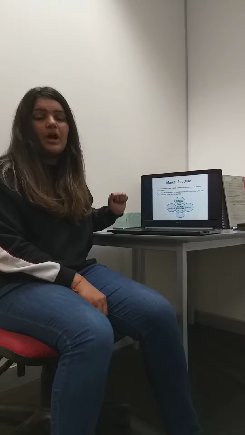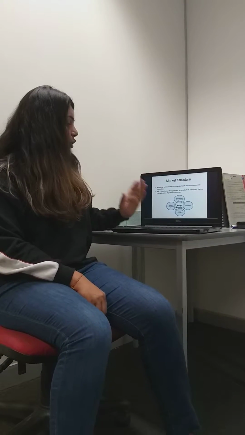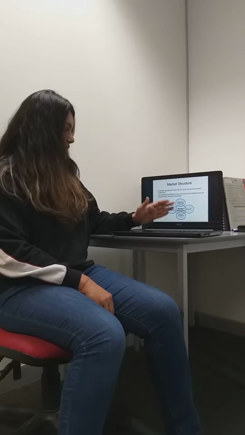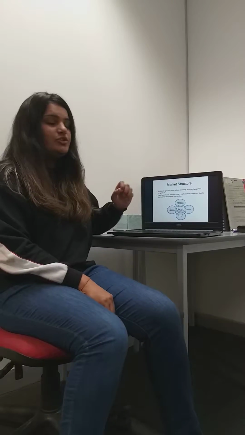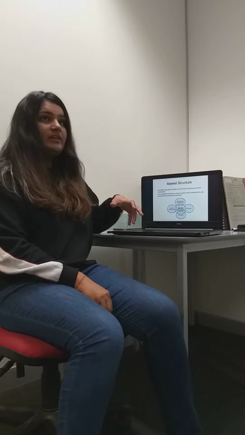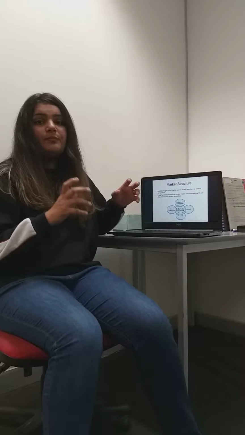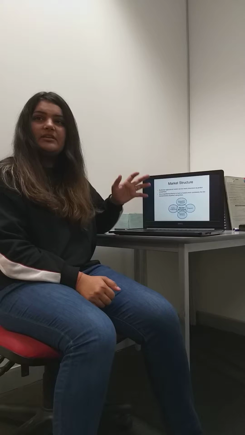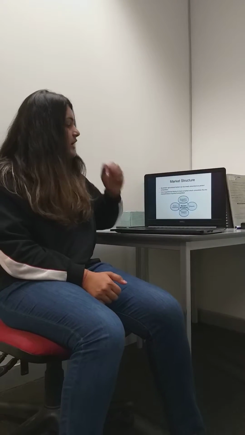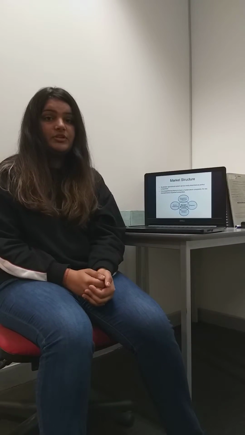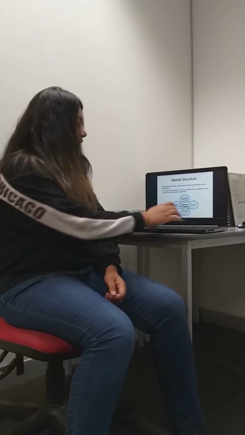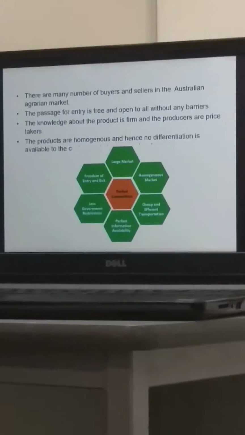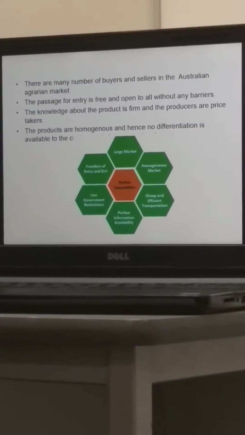There are four types of market structures in total: monopolistic competition, monopoly, perfect competition, and oligopoly. Now, it is very hypothetical to explain a market which can completely fit into the characteristics of a perfectly competitive market. But the Australian agricultural market can be nearly portrayed as perfect competition, because there are various reasons and characteristics for this. So here are some characteristics of perfect competition which can explain the Australian agricultural market.